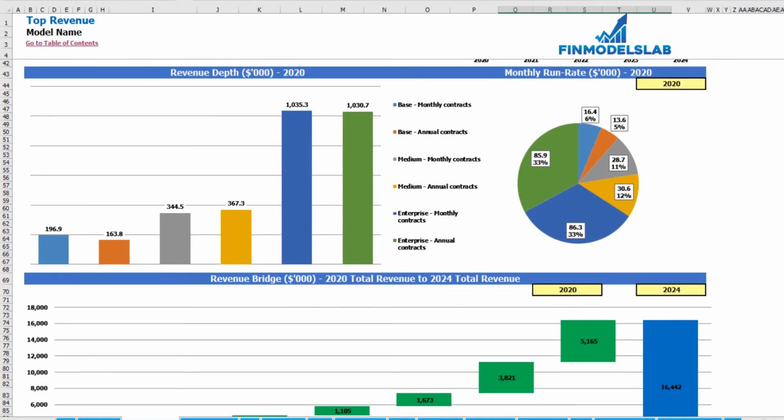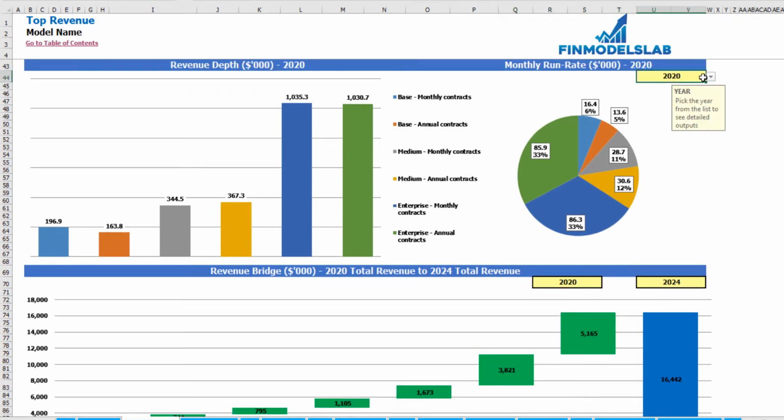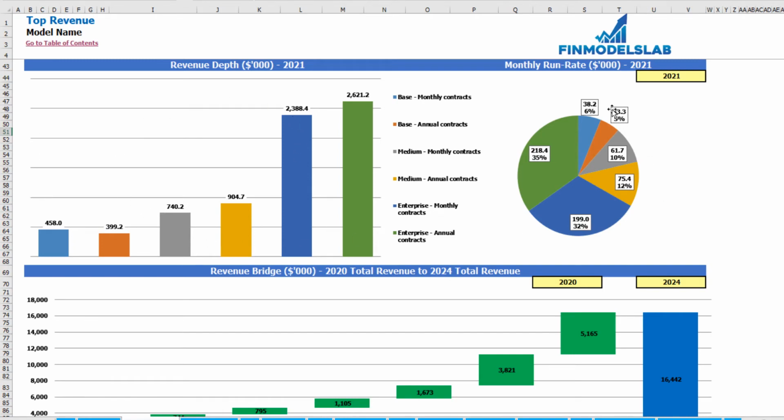The next set of charts, you may see the revenue depth and monthly run rate for the selected year, which you may change here. For example, 2021. In the first chart, you may see the absolute values, and on the pie chart, you can see the percentage allocation